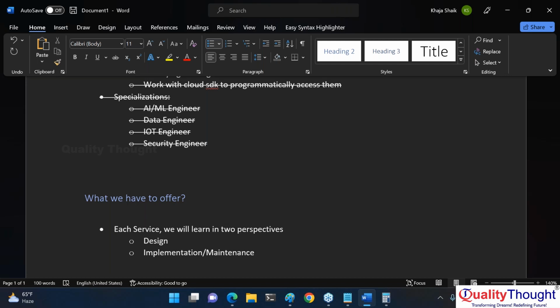When we learn storage, this design will help you in your architect's career, and implementation will help you in the cloud engineer roles. When we want to do the things in implementation, there are three ways of doing them. I'll show you two ways now.